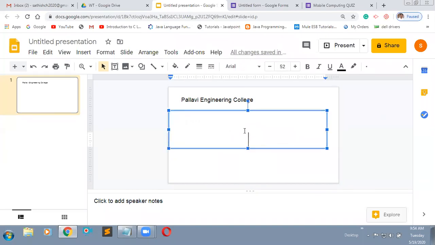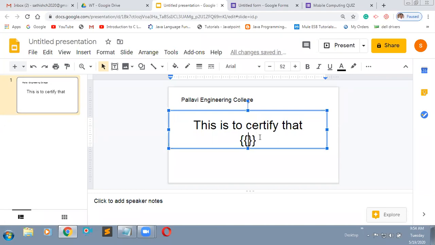See, I'm writing. Here I'm taking the name of the participant. You need to mention it within double braces, flower brackets.